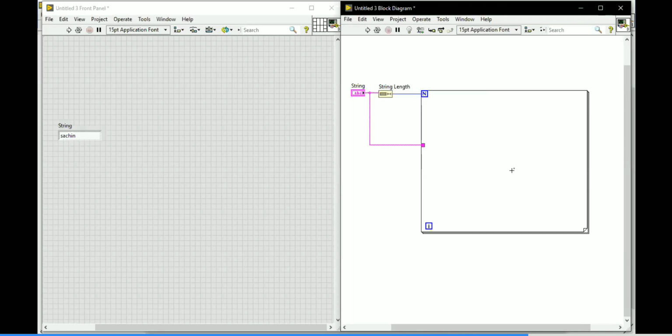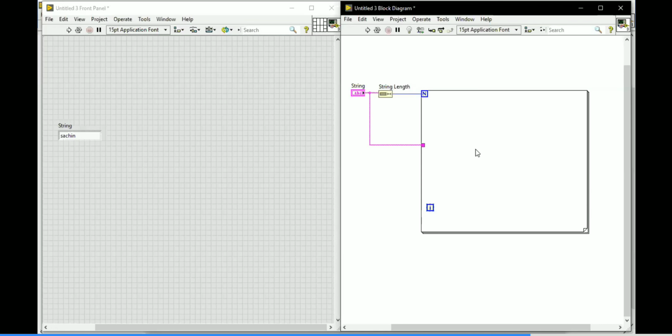First it has to compare S, after that it has to compare A, then C, then H, then I, then N. I have to compare. How will you compare? Basically, in this given string I have to take some part of the value. I have Sachin available, and in it I have to take a part of the string, first time S. Which function will you use here to take part of the string value?